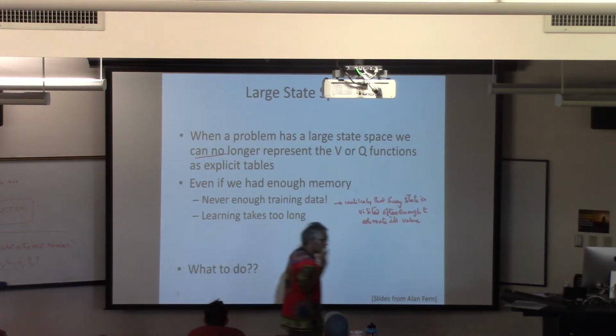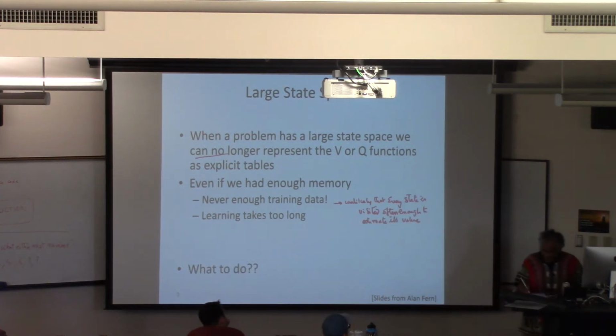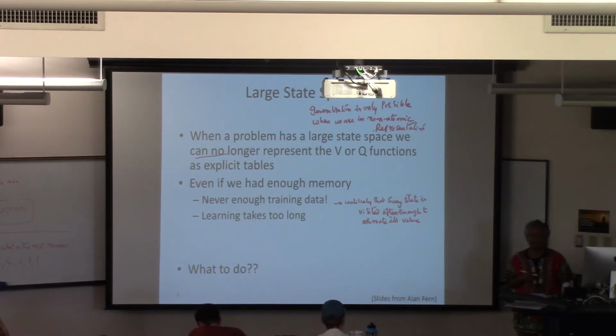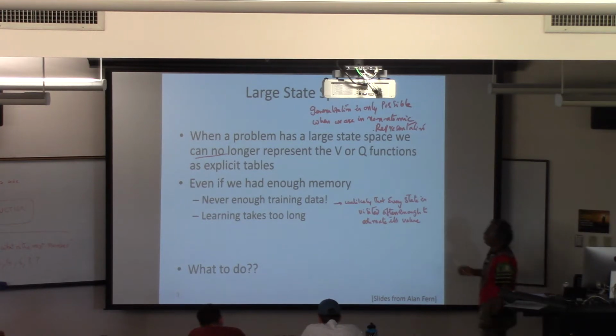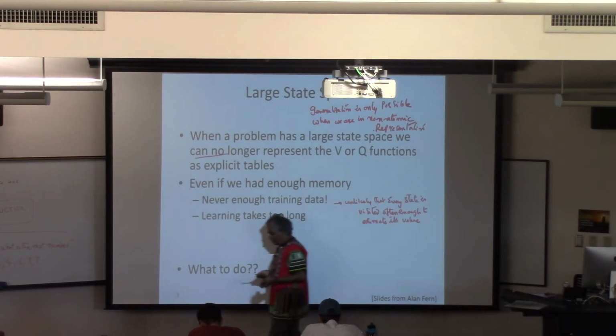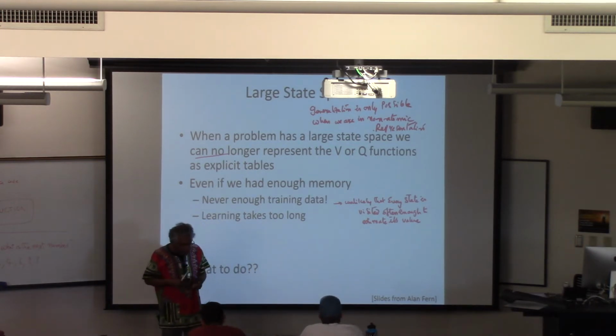You see what I'm saying? And so it's important to understand that generalization is only possible when we are in non-atomic representations. Right? Okay, and so in the case of reinforcement learning till now, we basically just try to quickly figure out the